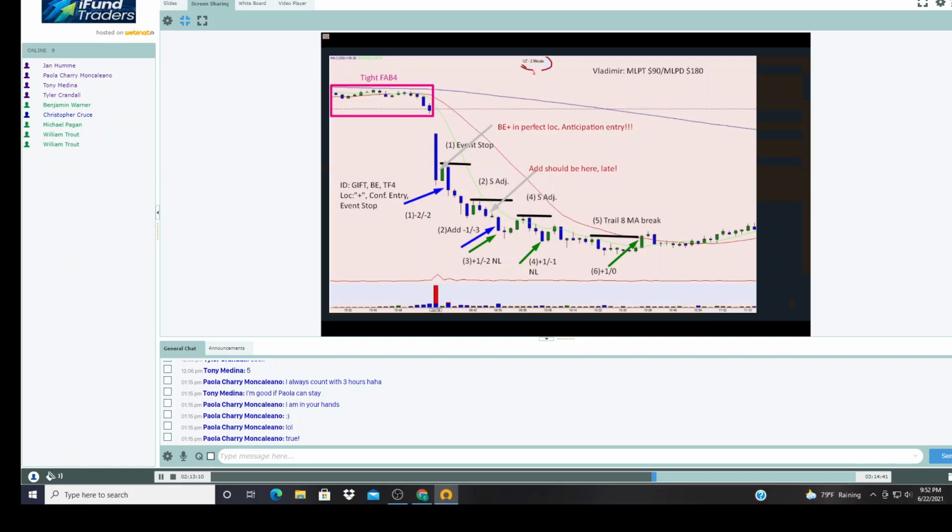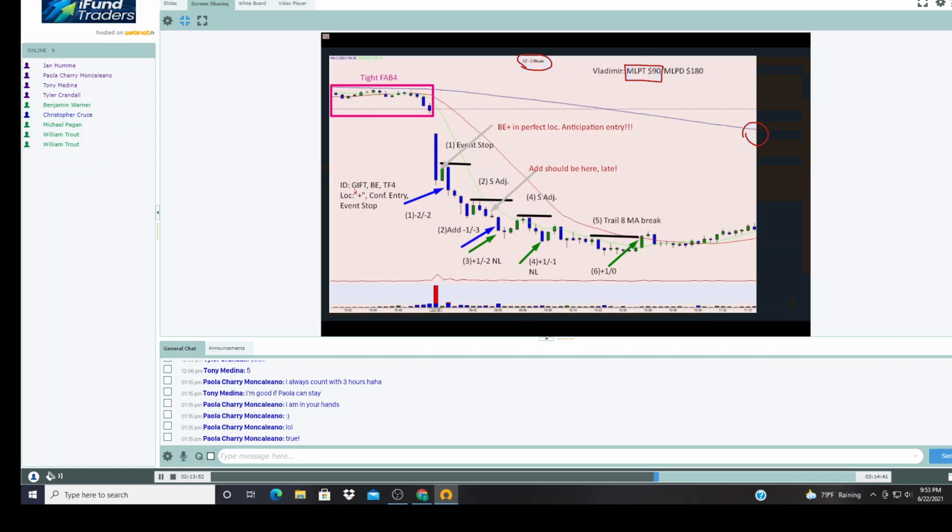Quickly on that, with Vladimir here, trading VZ, I think that's Verizon, I'm not sure, I never traded that. $90 max loss per trade, and tight Fab 4 here. Okay, nice. What's the problem, Vladimir? I don't know if it's a tight Fab 4. I cannot even see the prices here. You just stole the prices from us, so we don't know. So next time, please include the prices. We have to do without that. I cannot know how much risk you took. And to be honest, because I never traded this stock, I don't even have an idea on which price range it really is trading. So please include the prices next time, okay?